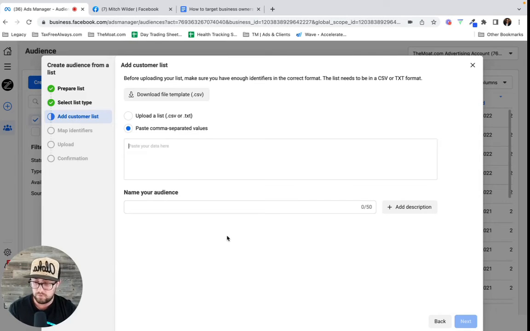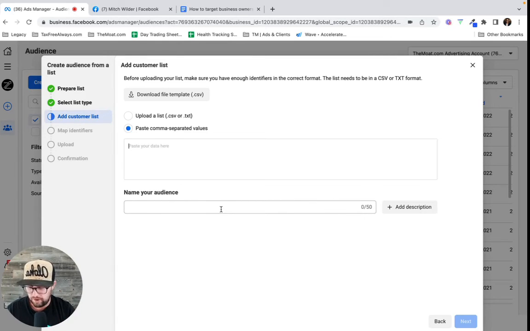Some CRMs, you can connect the list directly, like you can connect ActiveCampaign directly to Facebook and have the audiences made. That can be a little bit time consuming, but the good thing about that is it's basically dynamic. So as people are coming onto the list, they're syncing back to Facebook, and it's updating that custom list.